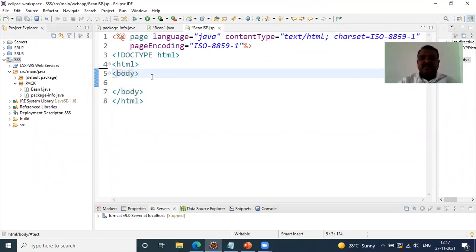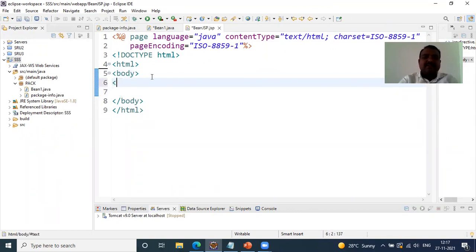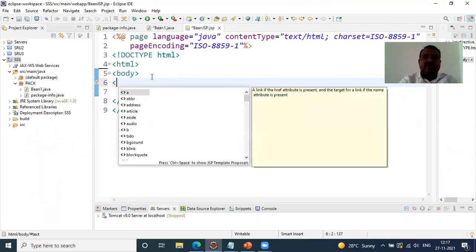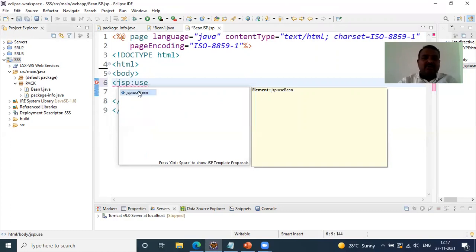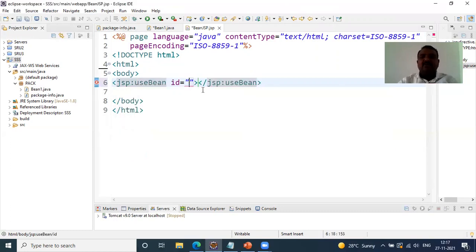To avoid confusion, I'm going to take out these lines which are not essential for us. Now I'm going to use a tag here in the JSP, and we call the tag jsp:useBean. I'll be using a tag called useBean, by which you are going to include a Java bean, and we can access the Java bean in my JSP program.